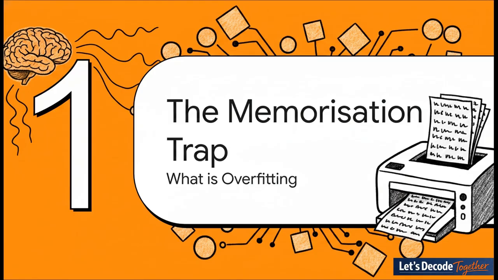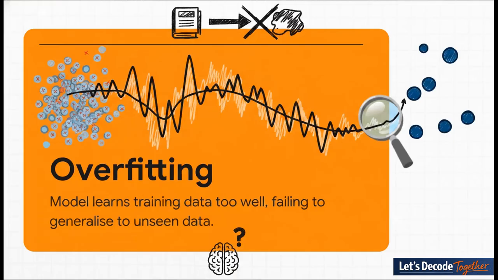What exactly is overfitting? Essentially, overfitting is the ultimate failure of generalization. It happens when a model learns the training data too well, and I mean literally perfectly. It achieves this incredibly low training error by twisting and contorting itself to fit every single data point, including all the random noise and weird fluctuations that absolutely do not represent the true underlying pattern.